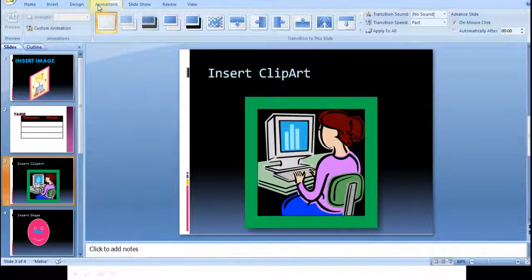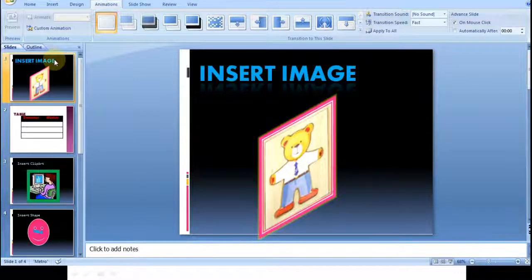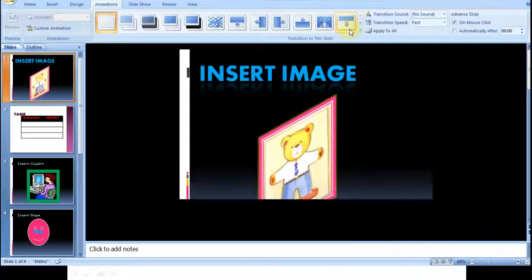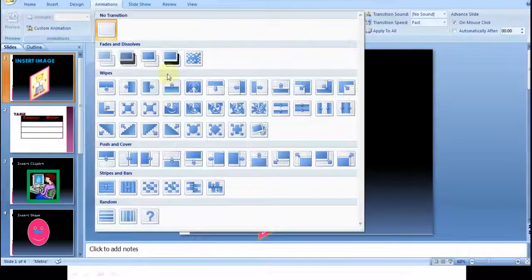First we are going to start with transition. For applying animation and transition, you have to click on the same tab, that is animation. Click on the animation, select the slide on which you want to apply the transition effect. See here, this is the transition to this slide group. Whatever transition you want to apply, you can select from here. I am just going to show you the demos of these transitions, how they will appear. See, so basically how your slide will be removed and appear, you are deciding with the help of these transitions.